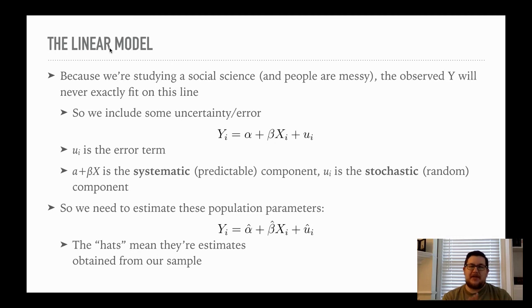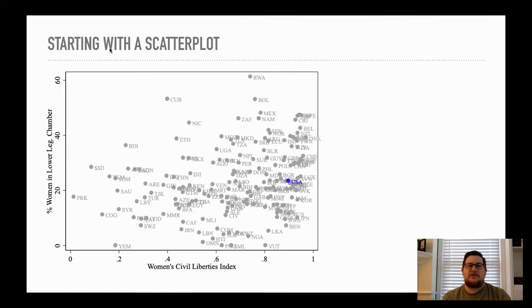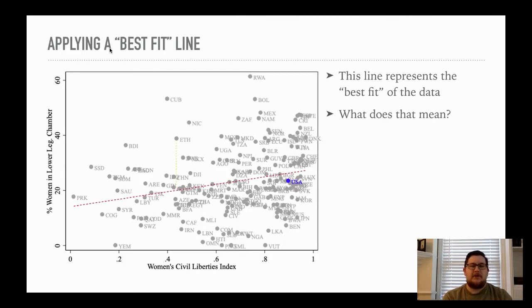So again, alpha plus beta X is the systematic component. That's the predictable component, okay? Because that's the line itself, right? That U is not predictable, but it should be random, right? If you go back and look at that scatter plot, in fact, I'll go ahead and do that for you now. If you look at this scatter plot, let me pull up the one with the line, all right? You can see there that you've got lots of points above the line, lots of points below the line, but it doesn't seem systematic. It's not like most of the points are above the line or most of the points are below the line, okay? It's fairly randomly scattered about that line, okay?